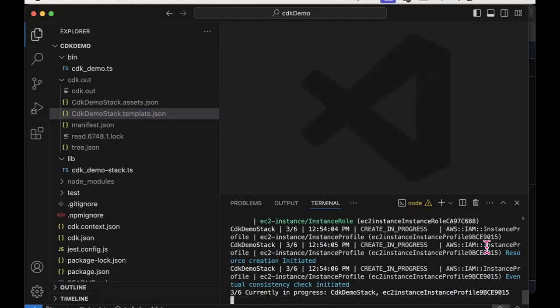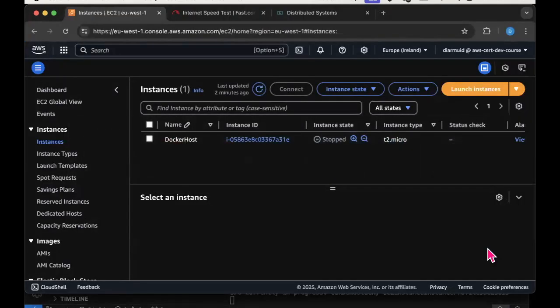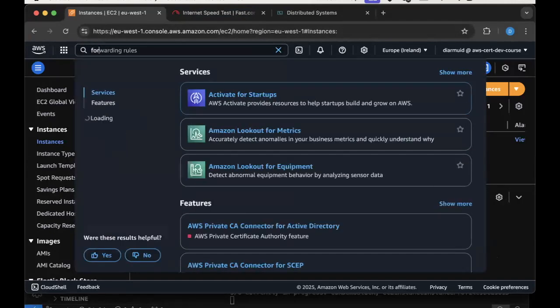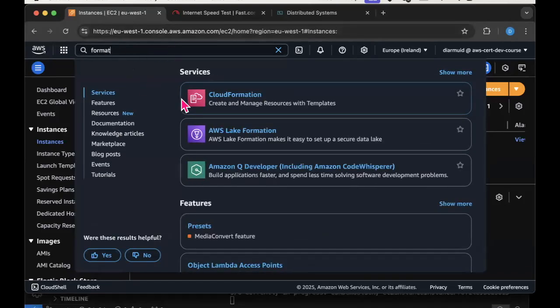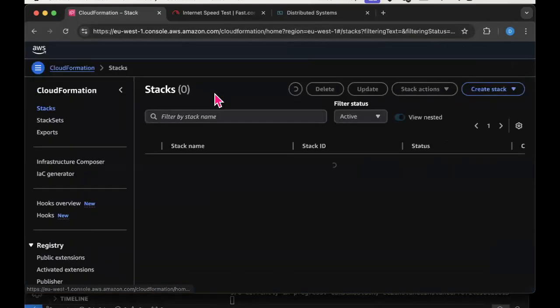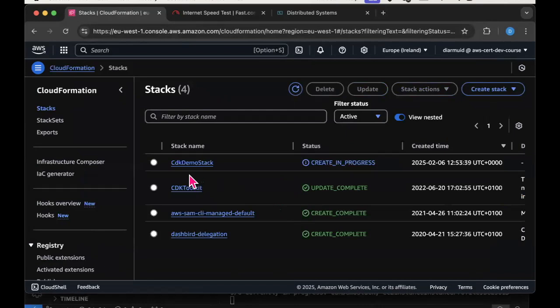Maybe if I switch over to the management console and bring up the CloudFormation service, we can see what's happening. Here's the stack.